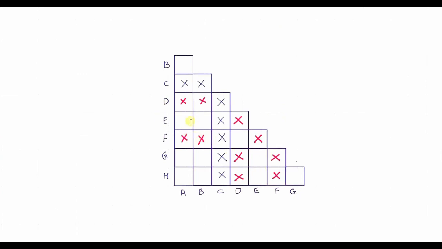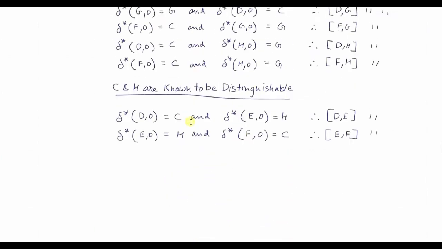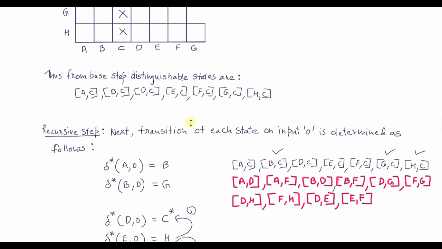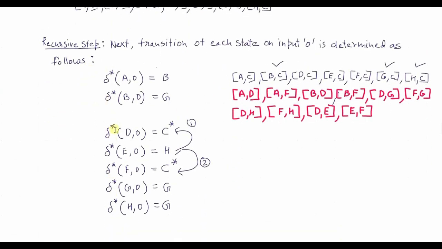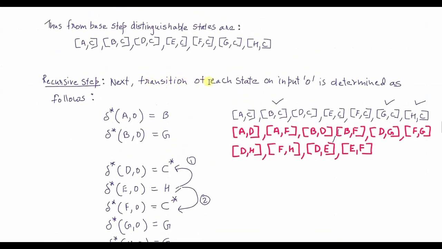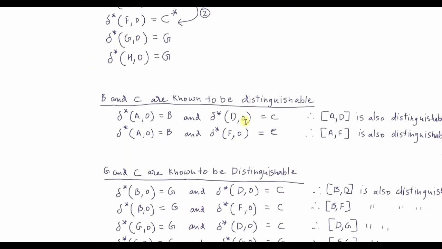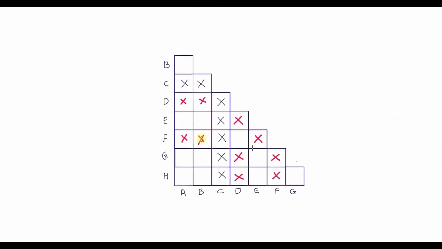Okay, now we are next going to see the second input symbol, that is 1. So what we are going to do, we are going to now in the next transition see each state, the same state A to H except C, we are going to see each state on input 1, and in the same fashion we are going to get new states and we are going to mark them here.